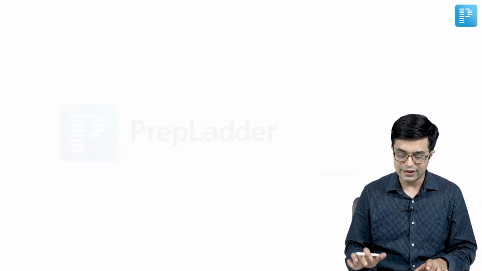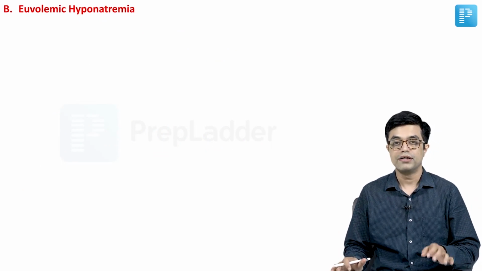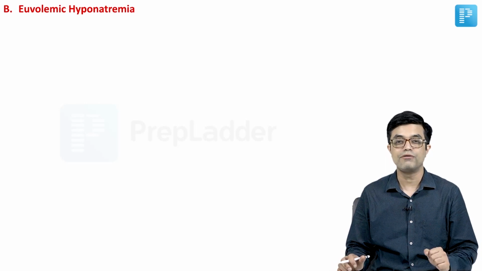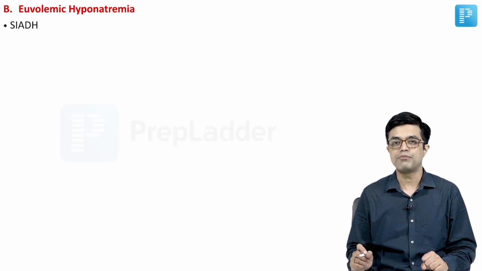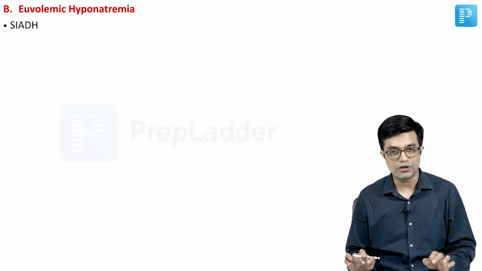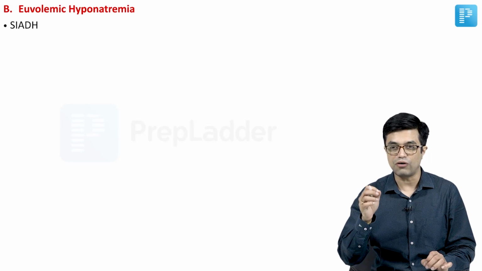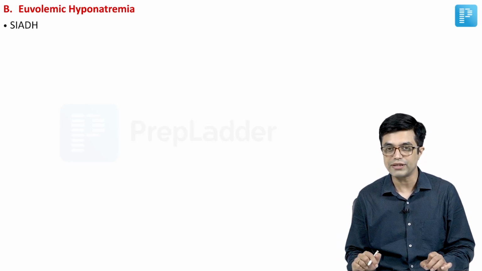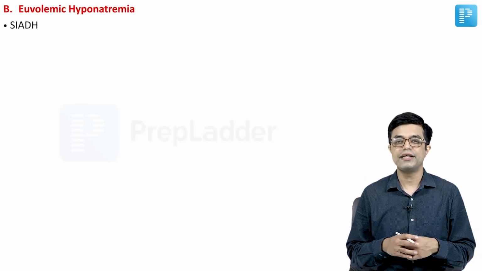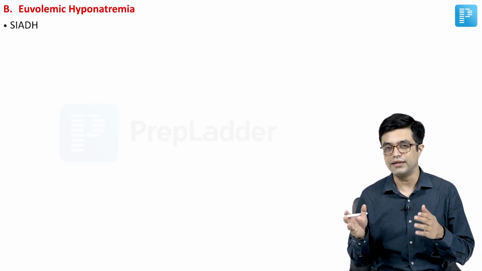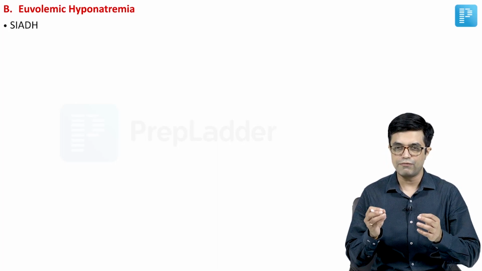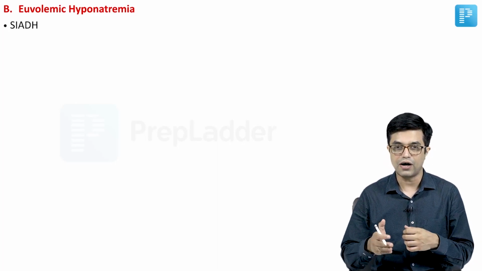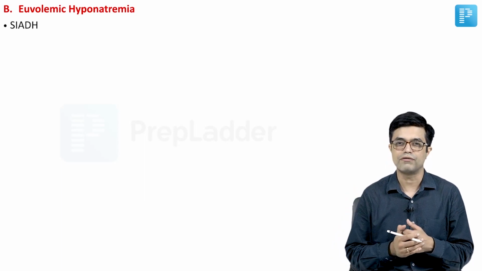Now moving to the second category, that is euvolemic hyponatremia. There is a decreased serum sodium, but the circulatory volume is normal. The common reason for that is SIADH, syndrome of inappropriate antidiuretic hormone synthesis or release. In the presence of normal serum osmolarity, there is excess or inappropriately high release of vasopressin, which leads to this condition. SIADH is a standalone topic. It has been discussed in detail in the pediatric endocrinology specific module, so I'll not go into the details. But brief points related to this I will be summarizing in the end, what you need to know and how it differs from cerebral salt